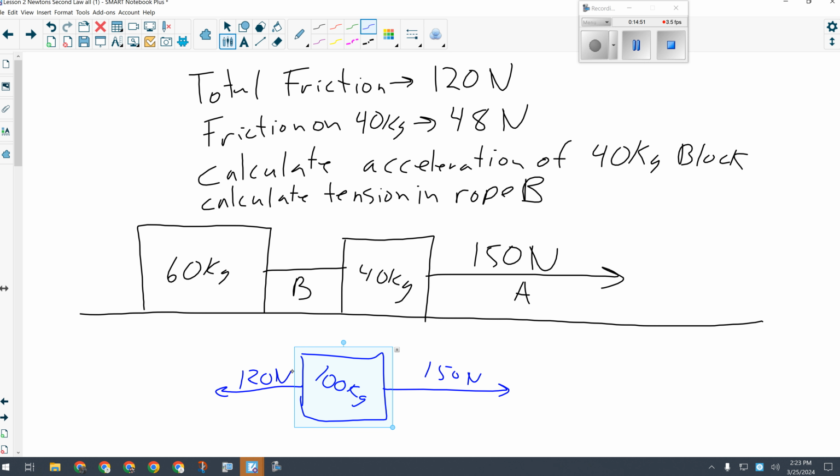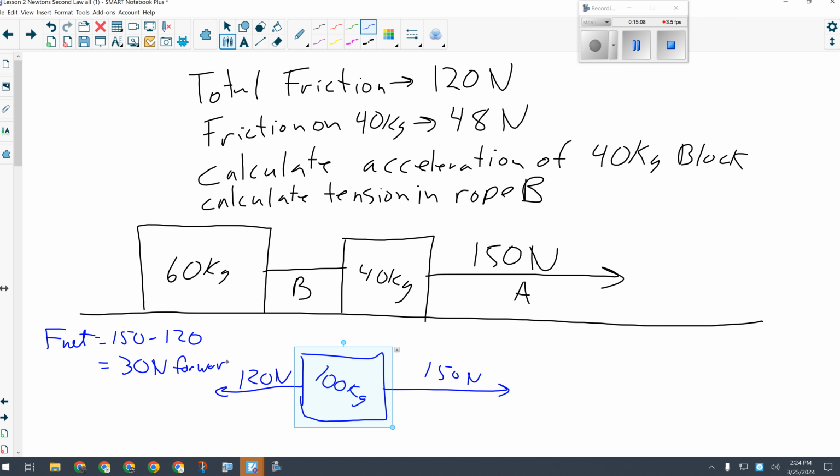Okay. Can I find the vector sum of all forces on the system now? I can. 150 minus 120. 30 newtons